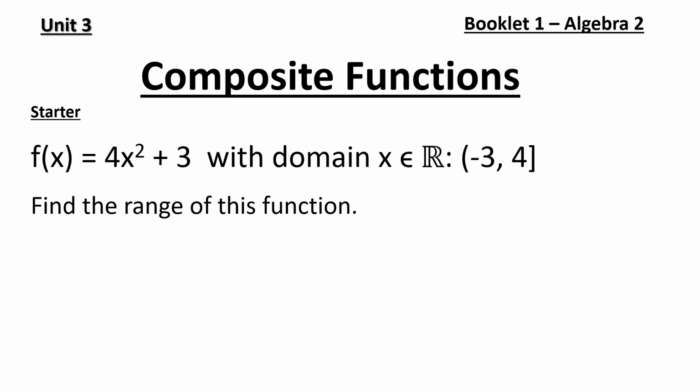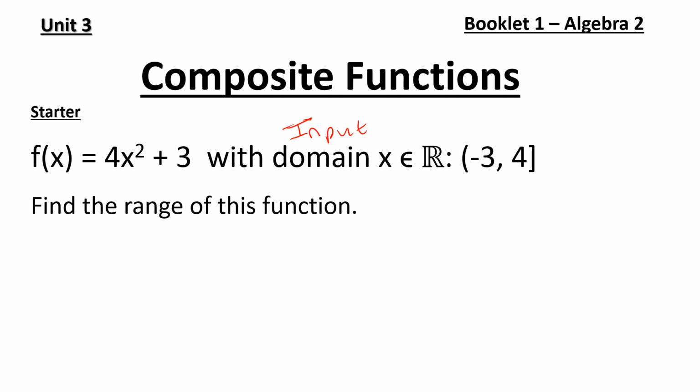So we've got a function which is named f of x, and the operation is 4x squared add 3. So whatever numbers you put into the function, you just square them, multiply by 4, and then add 3. Now we're given a domain, which hopefully you remember is just a fancy word for an input. So the numbers that we're allowed to put in are real numbers. So remember, this notation says x is a member of the set of real numbers. So it can be any positive, negative, fraction, decimal, integer, any real number, but we're limited to numbers between -3